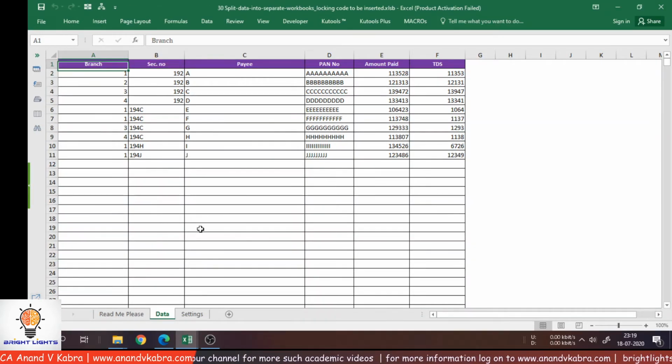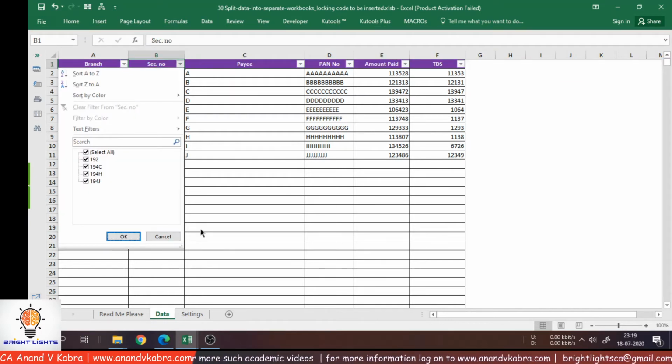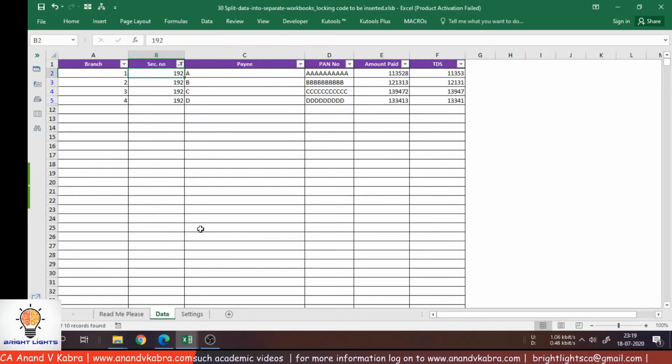Here I'll filter the data according to section number. Now there are 4 records.